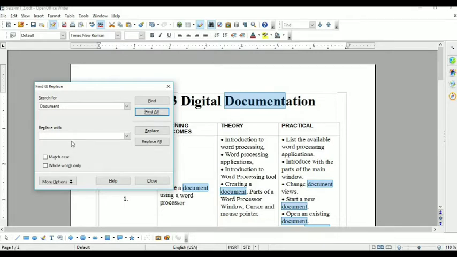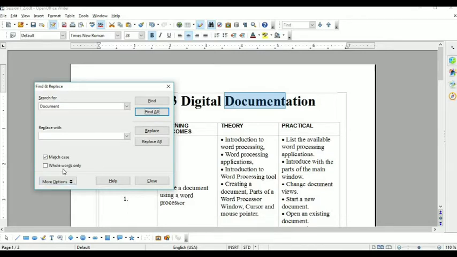So what I can do for this, we have to select this, enable this match box, checkbox. Match case. Match case means it will match all the cases, uppercase to uppercase, lowercase to lowercase. Check this and then click on find all. Once you click on find all, you will get only one document, but its full name is documentation.